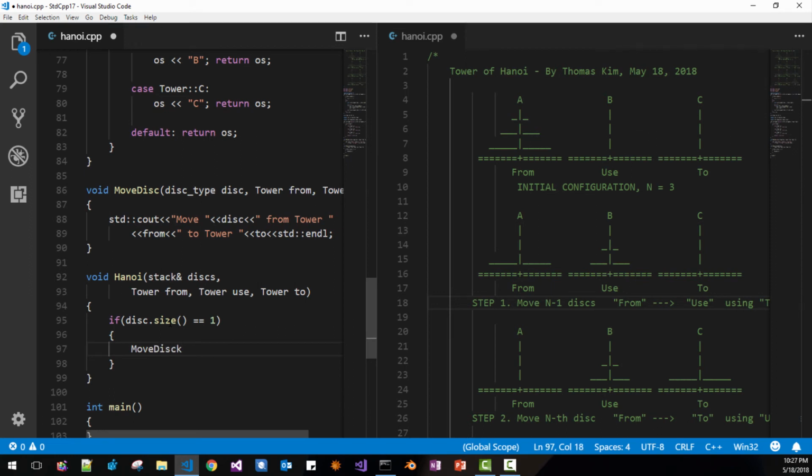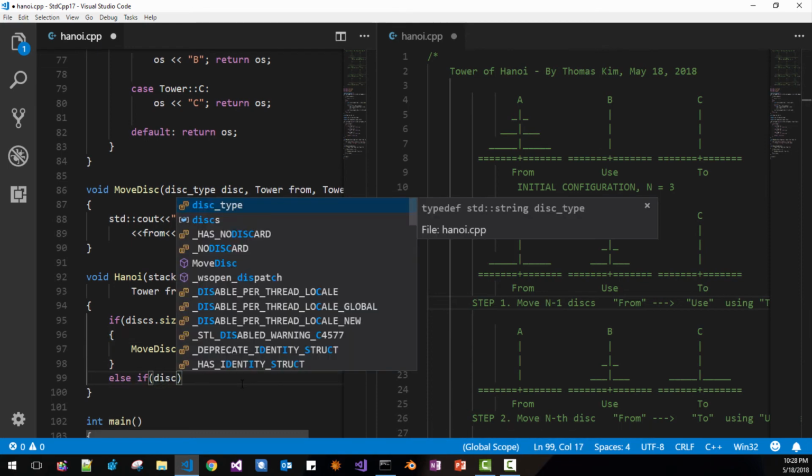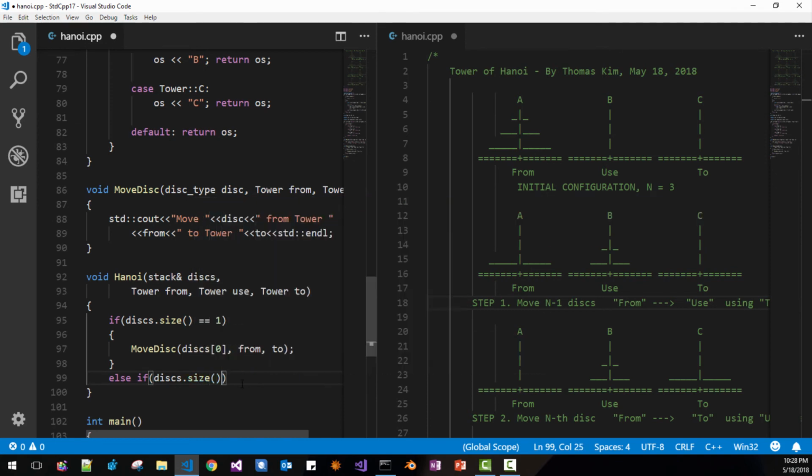Move disk, since we have just one disk, one element, the first element. Then from tower to tower, we are moving just one disk, in case of just one disk. Else if greater than 1, means 2 or more,